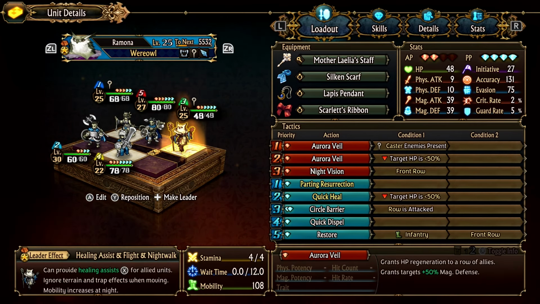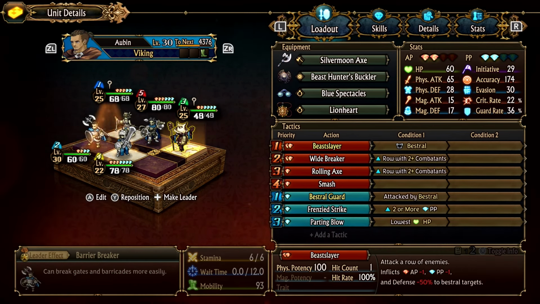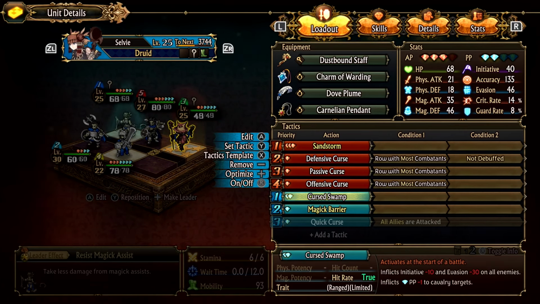I also wanted to have a squad that had Ramona as the leader, considering healing assists, plus flying, plus night walk, all these amazing leader effects. So she's here for support. In the front, I have Albin and Virginia. Usually I would have Albin in the back, but considering we are debuffing at the beginning of battle with Curse Swamp to kind of screw the enemies over a little bit, that's not the...